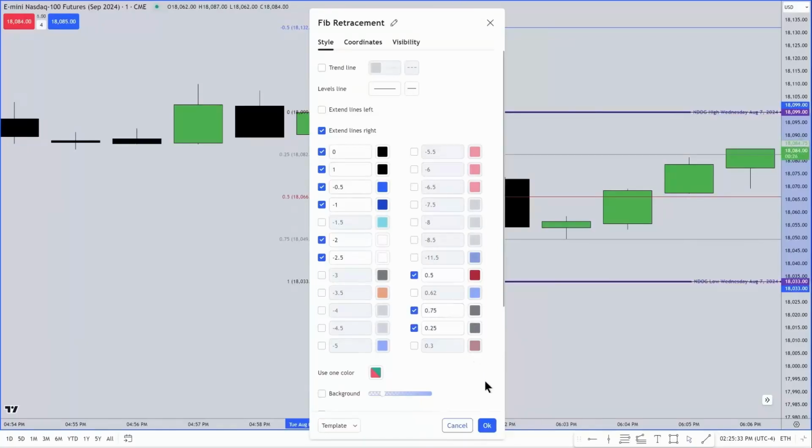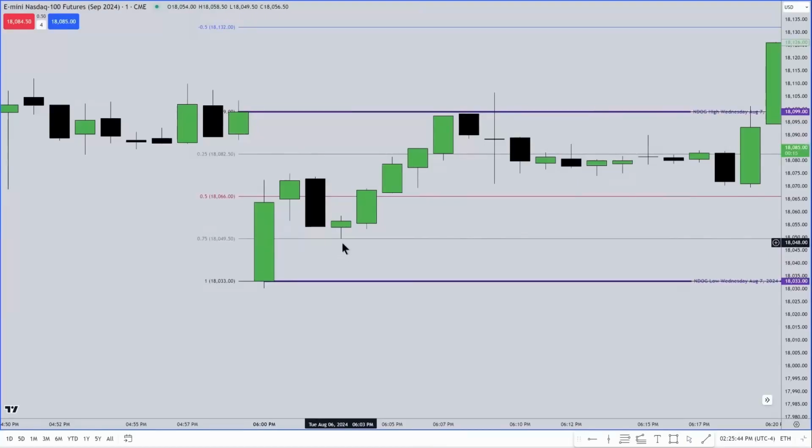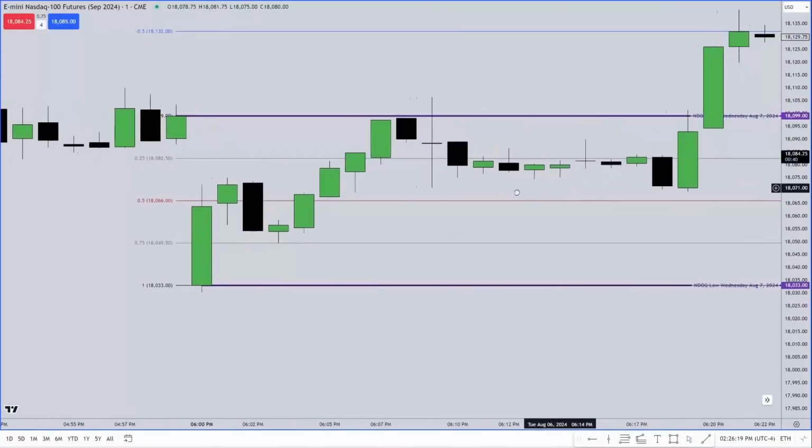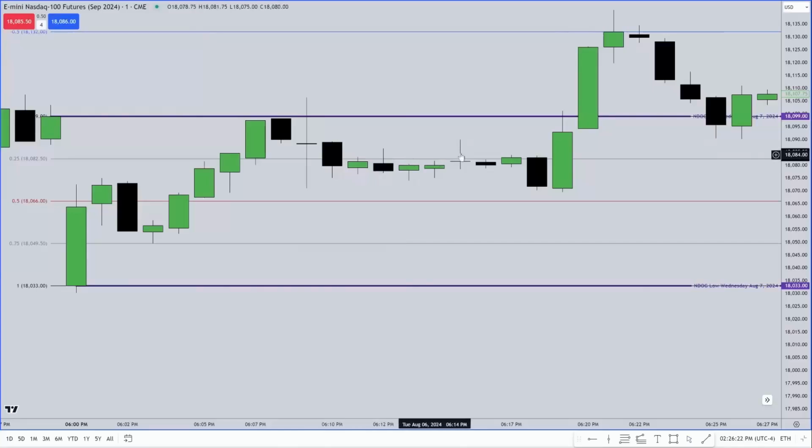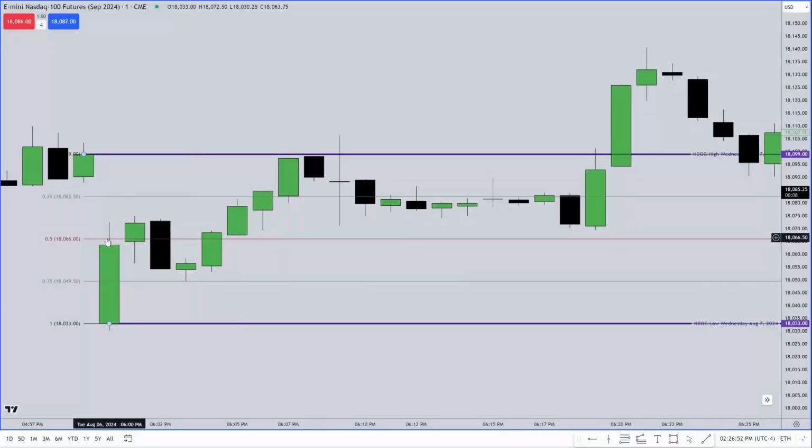What that does, it grades the range into equal quarters. Look how it stops perfectly right there. What's that price? 18,049.50. It stops exactly right there. Perfect. You can't improve on that. Look how price gravitates around the upper quadrant. See that? And it expands just a little bit. Here we have the upper quadrant, midpoint or consequent encroachment. Consequent encroachment is the midpoint of any gap or any inefficiency.